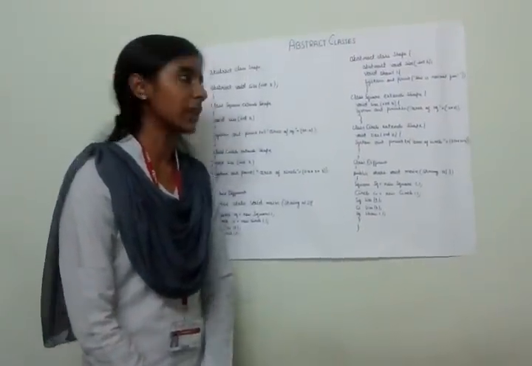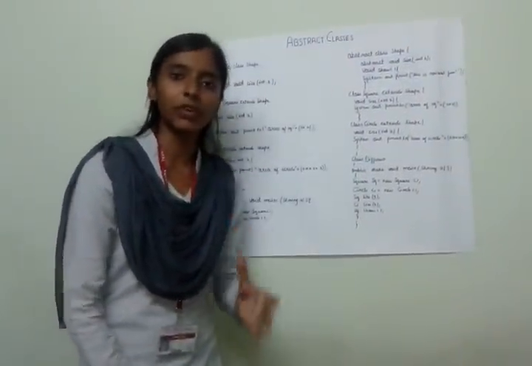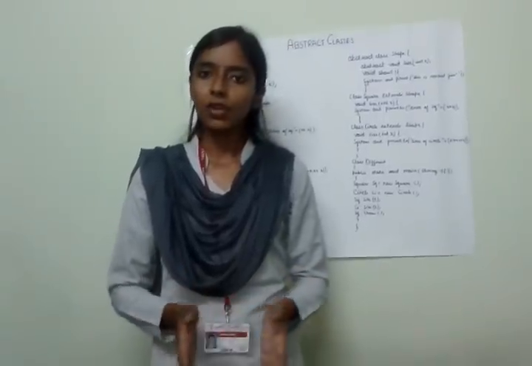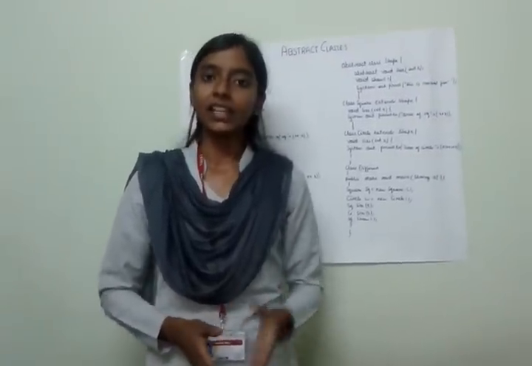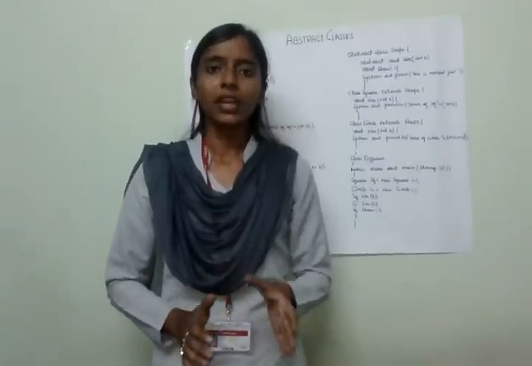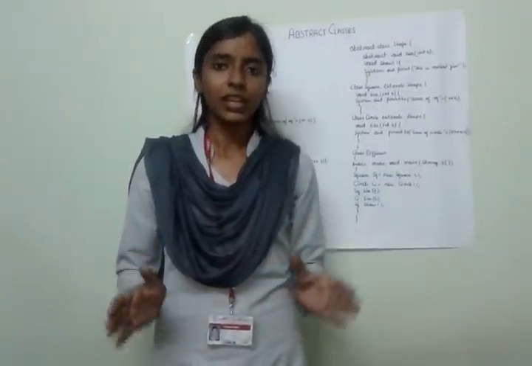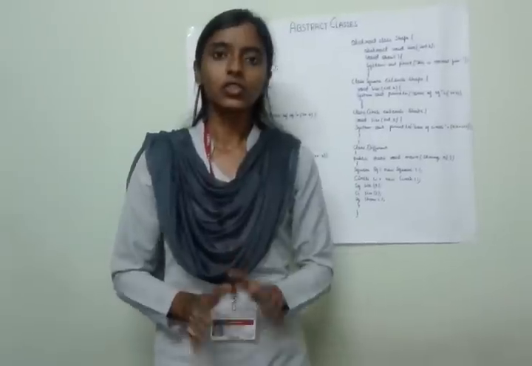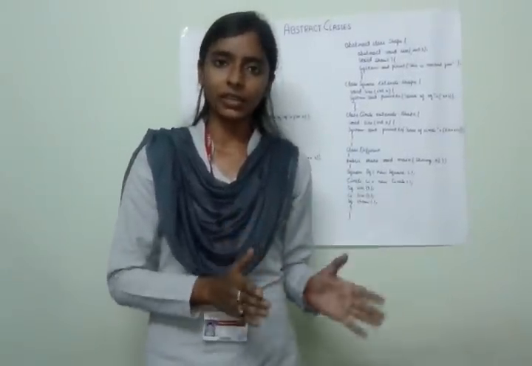Now let me explain the word abstract and class separately. Let's take a real life example, a car. As we all know, a car has several parts like engine, radiator, various electronic and mechanical components. But if a person wants to drive a car, he doesn't need to know about all these parts. He only needs to learn driving. So all these parts are kept hidden.